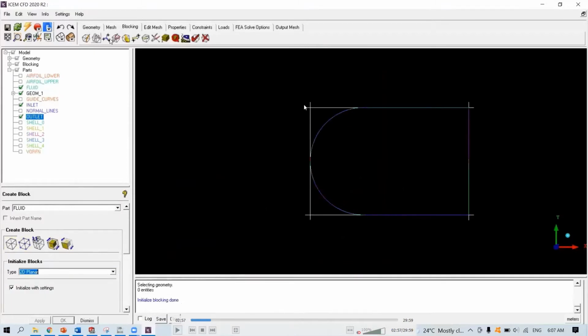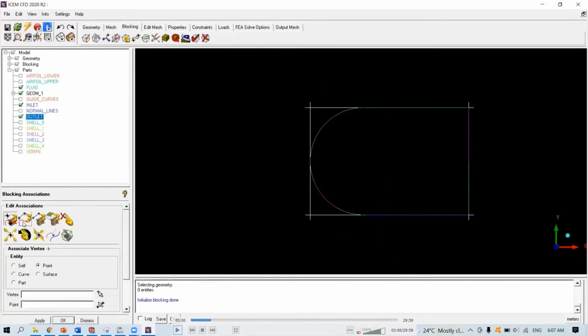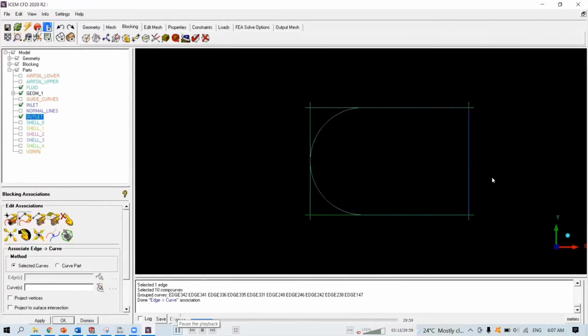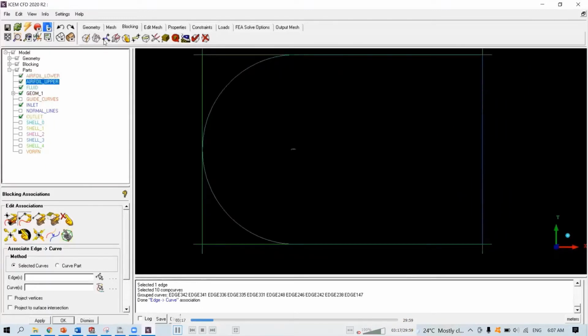Then we can associate 3 edges over here with our inlet, and then the last edge over here to our outlet. Can slide here, the 4th tab over here, then select the 2nd one over here. 1, 2, 3, middle button, and then just box select your inlet, box select your edges, and box select for your outlet. Then now you can turn on your F1 upper and lower.